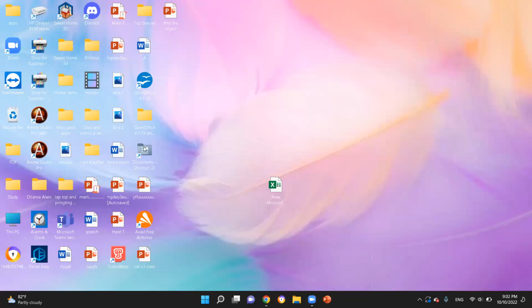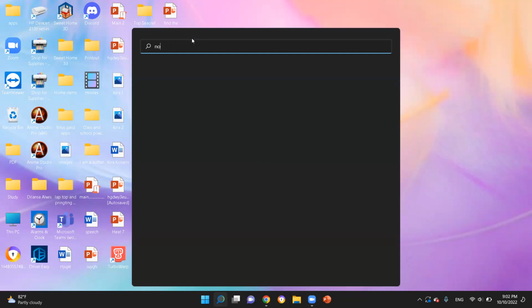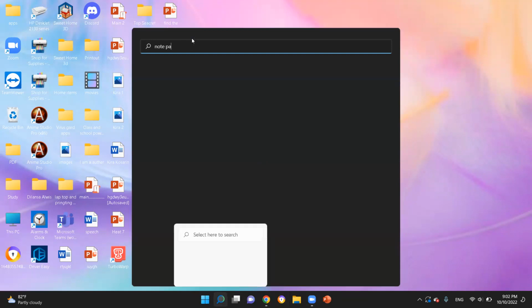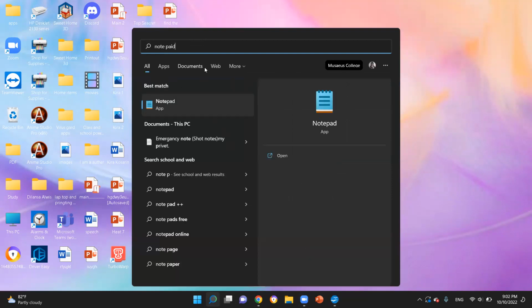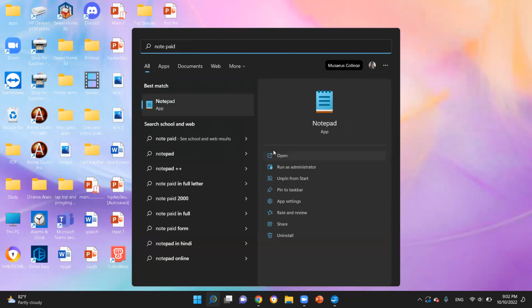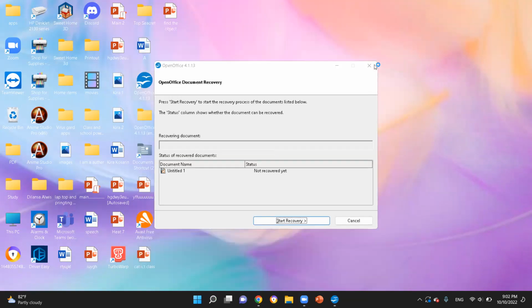Open Notepad. Danuri, I will give you a chance next time, right? Just open Notepad. You have to go to the search panel and then open Notepad. No, not the web browser. Search for Notepad, N-O-T-E-P-A-D, a single word, not two words. All right, that is the one. Yes, open it.